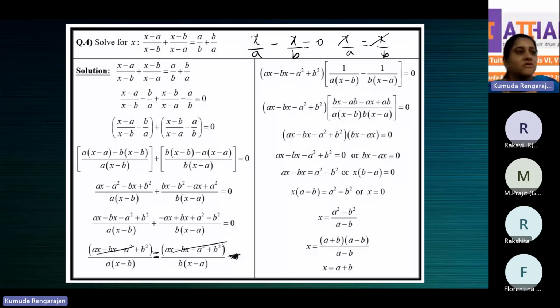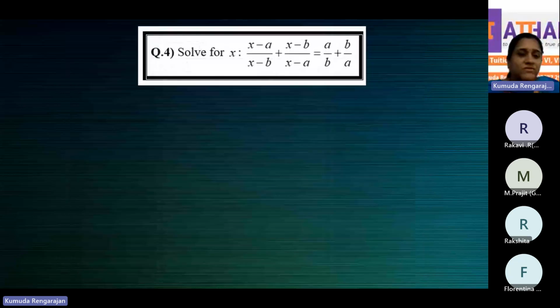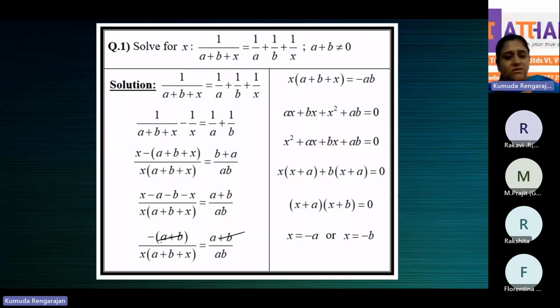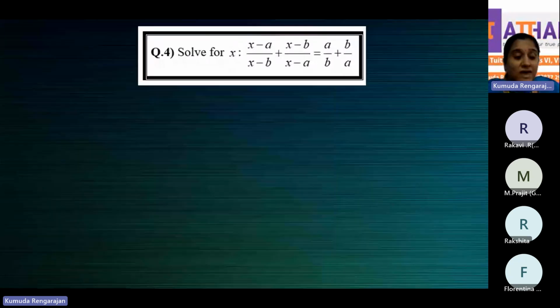In some sums, you asked us to cancel the numerator. There we cancel because mostly we had a plus b. We didn't have x there. You can cancel when expressions don't have x in them, x or x squared, because you will get both the values of x. But if you have expressions that have x in them,